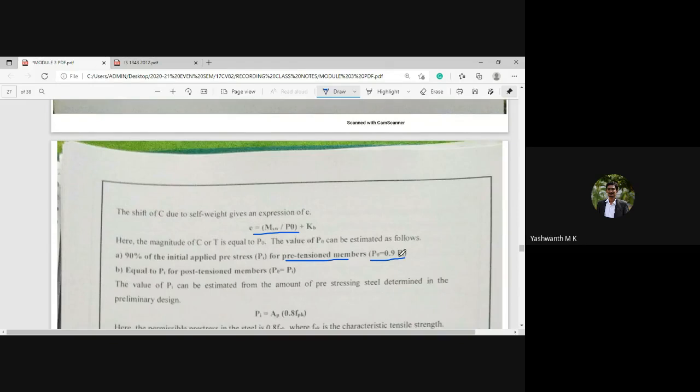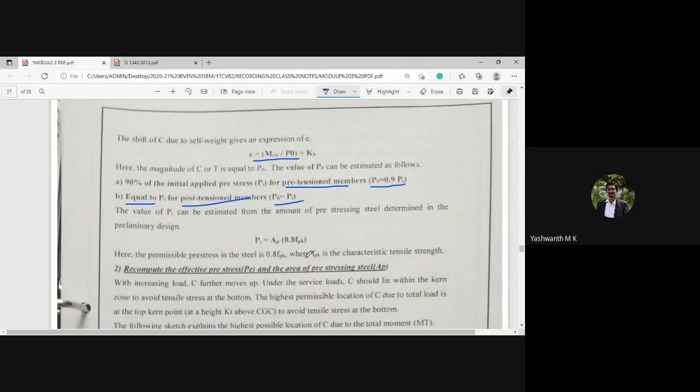That is P0 = 0.9 PI. Next, for post-tension members, P0 is equal to PI. So these are the two formulas you are going to come across in order to calculate the initial pre-stress.